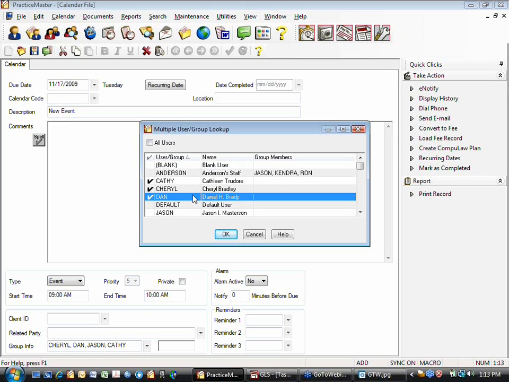Now, of course, I'm assuming here in this example that I've only set up people. What we're talking about today is the ability in the setup screens to also set up groups. So I can set up a group called estate planning and put whoever I want into it, and I can change that as that group changes. We might have a group called attorneys, a group called partners, a group called staff or paralegals, or golfers if you have a golf team, whatever suits your